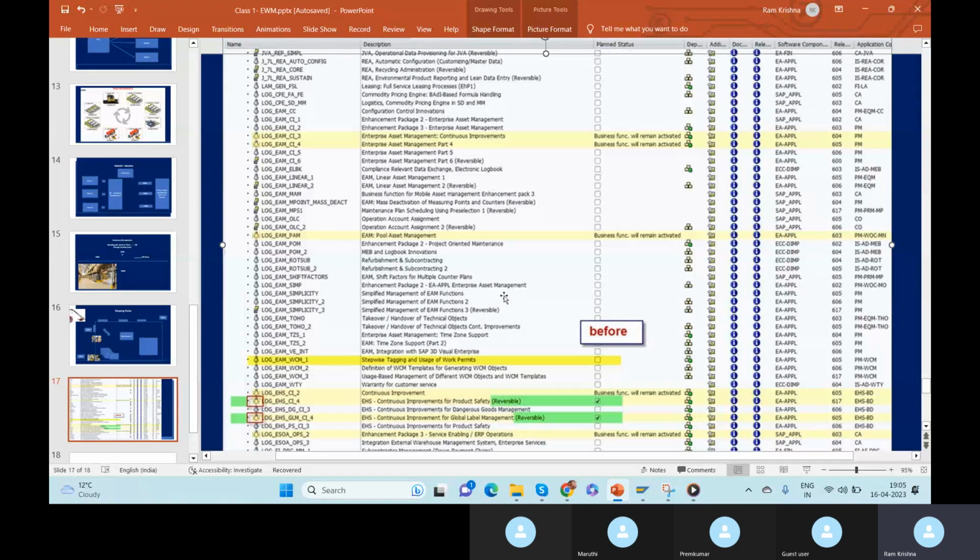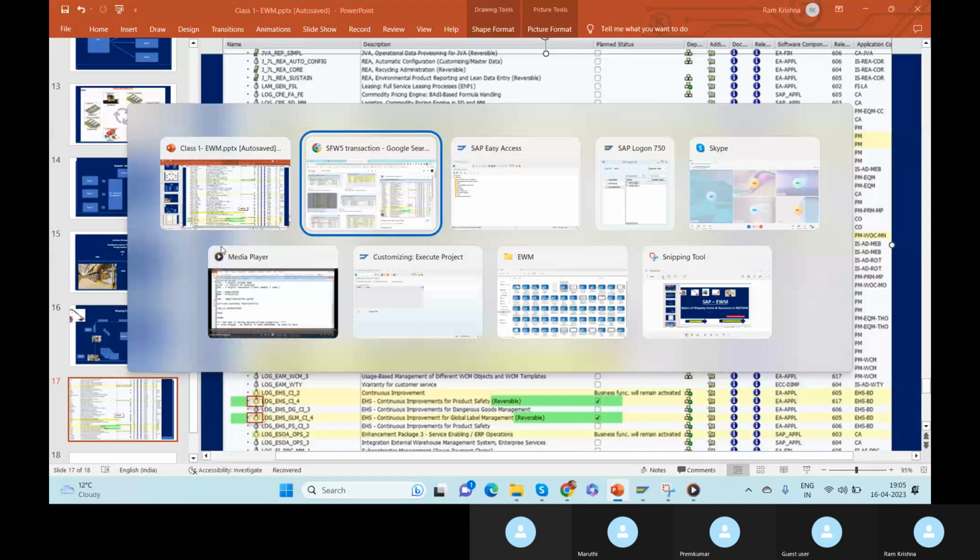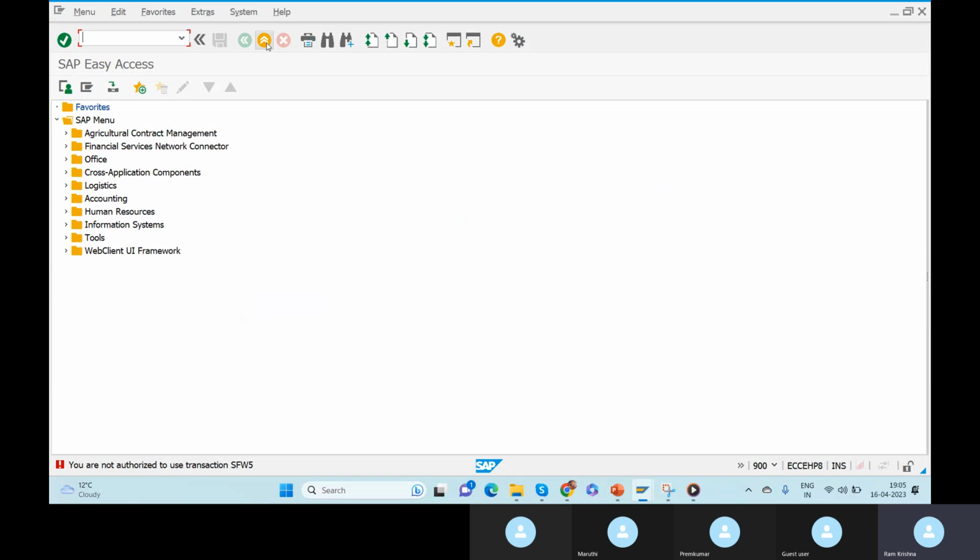Okay, first of all, you need to activate the business functionality here, if you are using EWM. I don't have authorization to show you. That's the reason I'm not showing it for you. Okay, and if I log out,